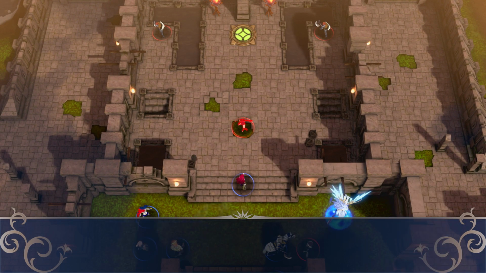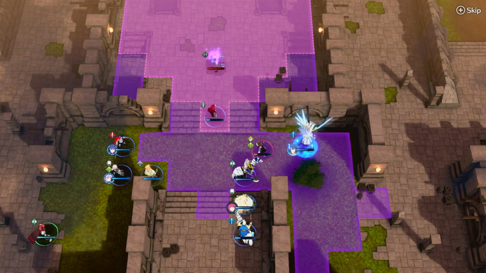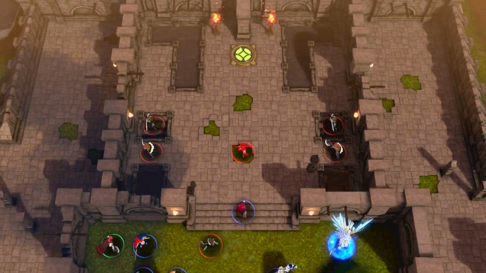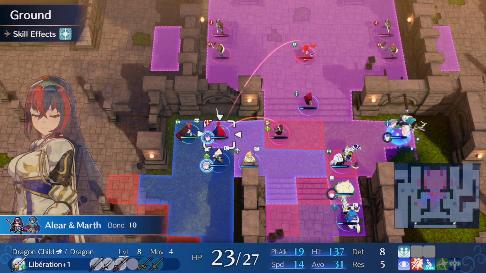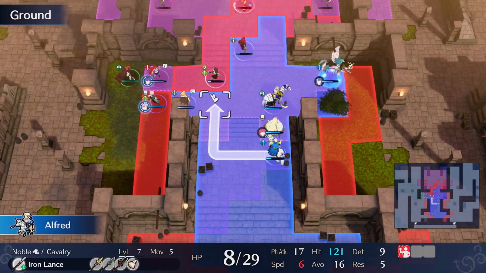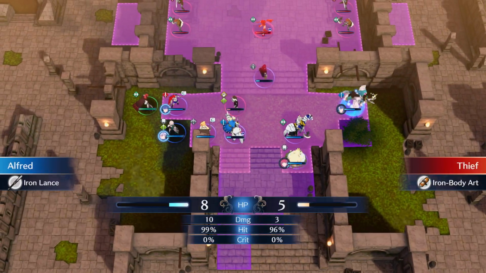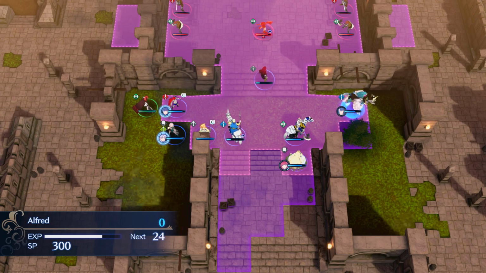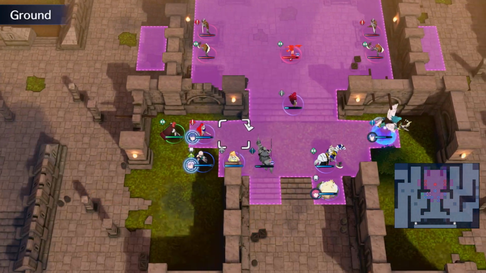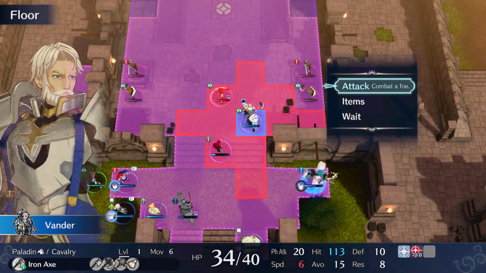Damn you for playing. Okay, that's a perfectly fine place for it. We can pick up a kill with Alfred. Yeah. Okay, that all worked out fine. Awkward, but ultimately fine. Okay, so